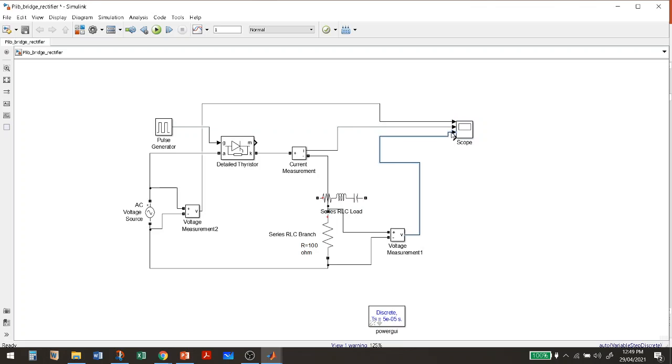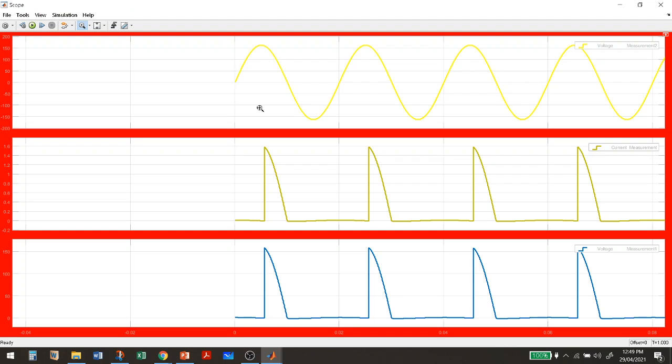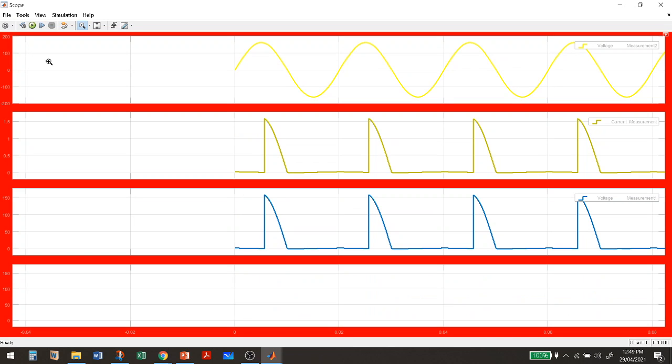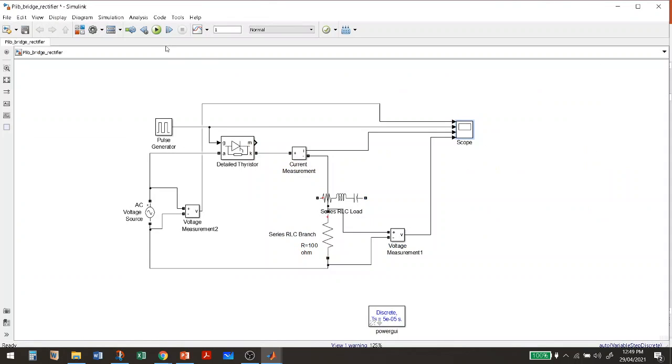Then I will rearrange this. I will delete this output waveform 4. So current at output will be at 2, input at 1, and then our gate pulse output will be at 2. So this is the layout. Again you have to change the layout also. There are 3 layouts. So simulation time, view, layout, and then 4. Here the fourth output has not been shown, so just close it and then rerun the system.